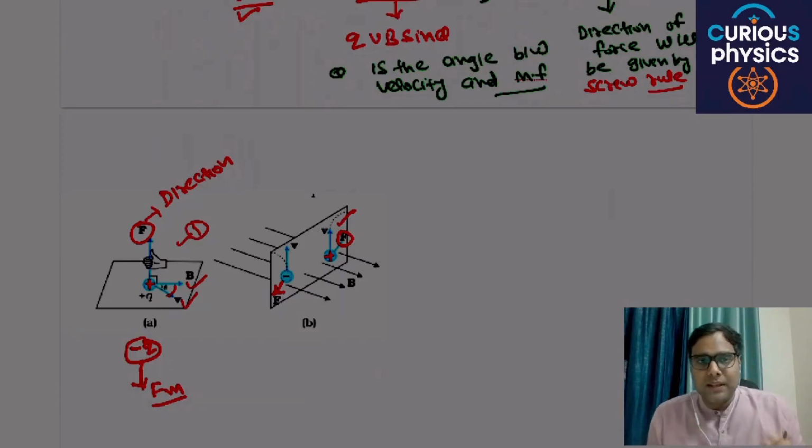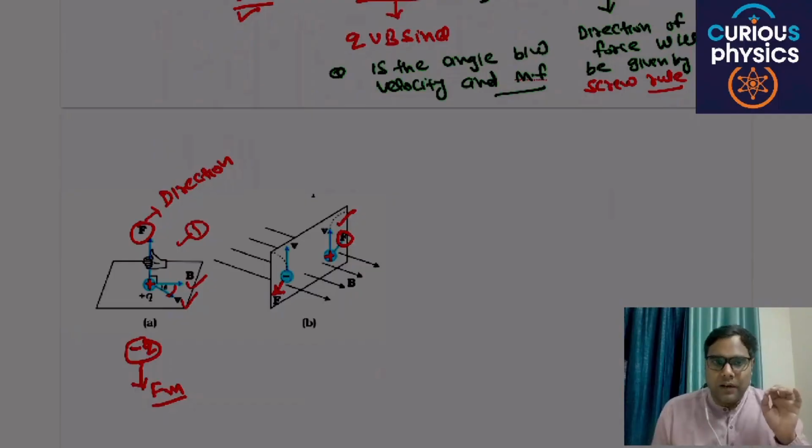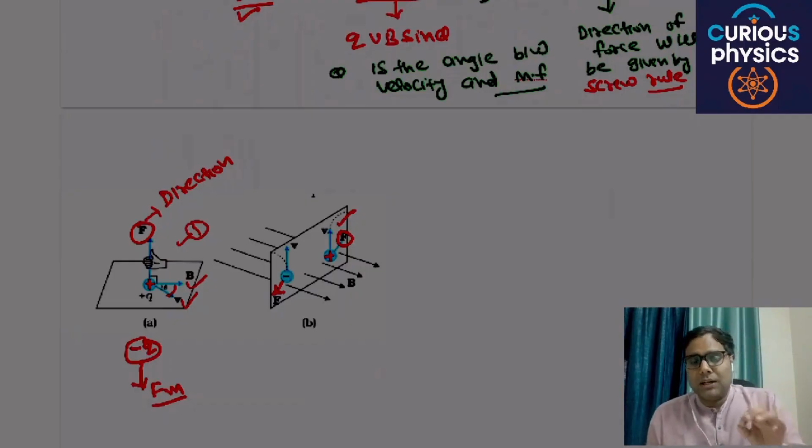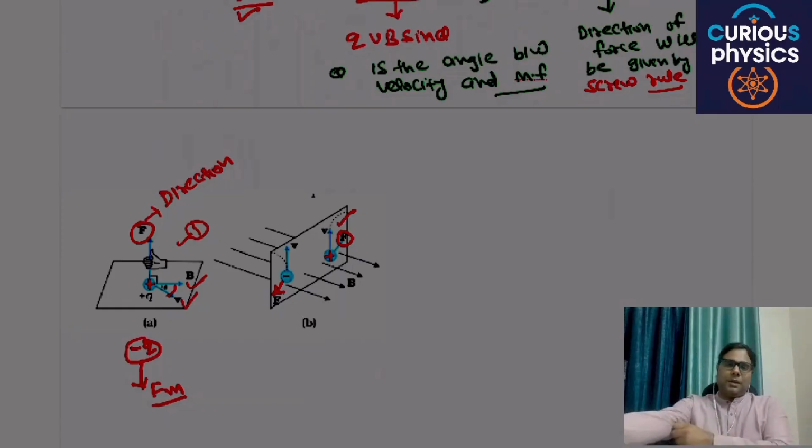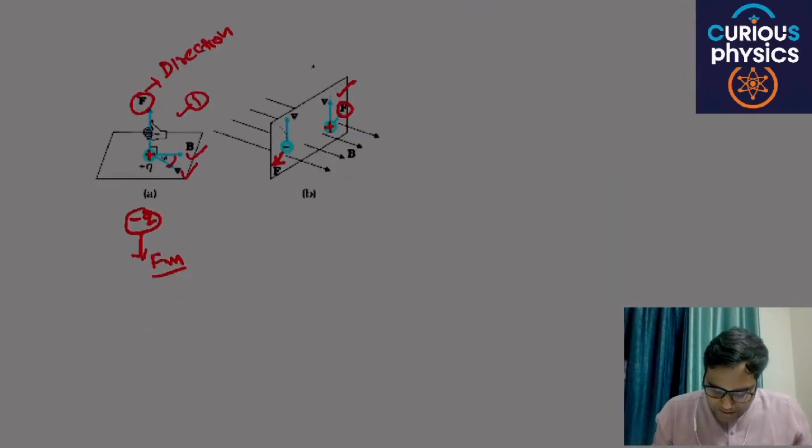We have studied two basic points. One is that a magnetic field is produced by moving charges, or you can say when a current passes through a conductor, a magnetic field is produced. And second, any moving charge passing through a magnetic field experiences a magnetic force. Without speed, that charge will not experience any magnetic force. Are you able to understand my point or not? Okay, this is the basic idea.